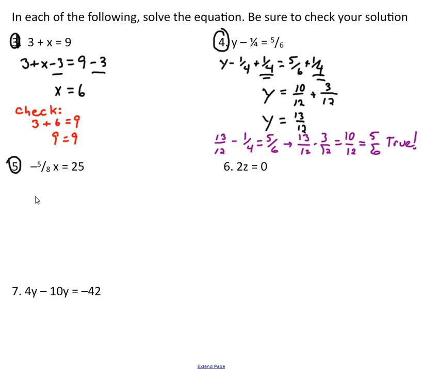We could multiply both sides by 8 in order to get rid of the 8 in the denominator of our fraction. Some people really like doing that. We could divide both sides by 5 because we got 5 in the numerator, and dividing by 5 gets rid of that in the numerator. But the most efficient way is going to be to multiply by something that gives us +1 in front of